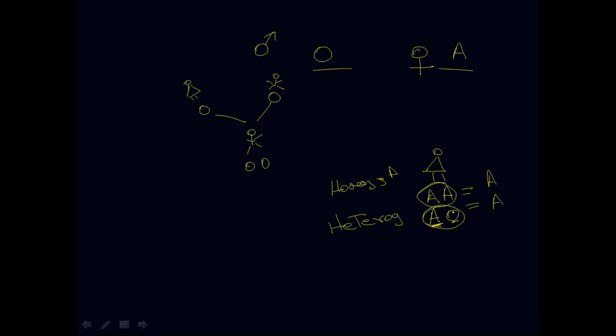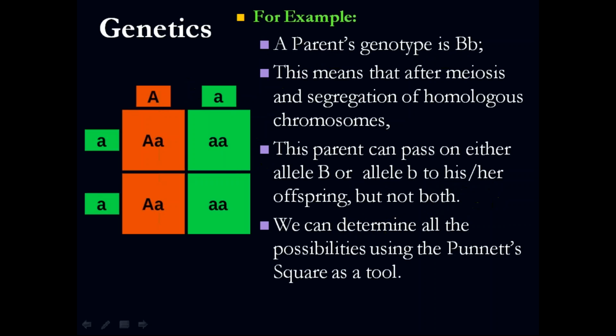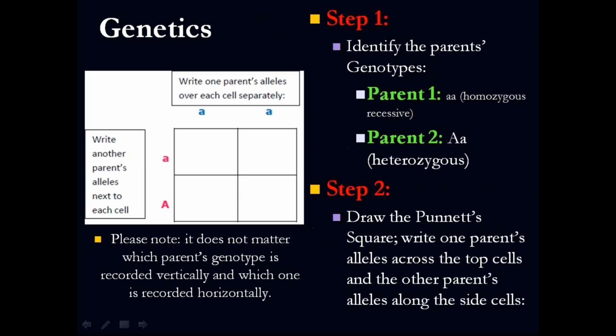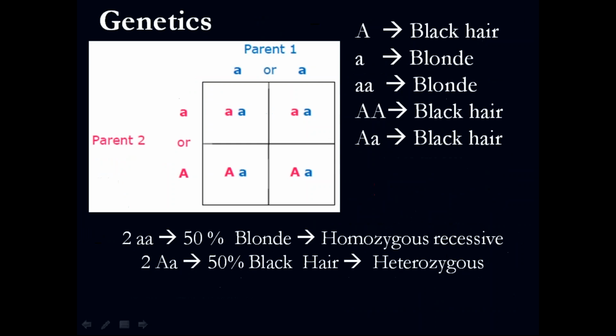Is that clear? Right? So based on that, you need to create your Punnett square. If I ask you, pay attention to the homozygous and the heterozygous. This is actually very important, okay? All right, so we made a big shortcut there. If you want me to go over it again, please let me know.